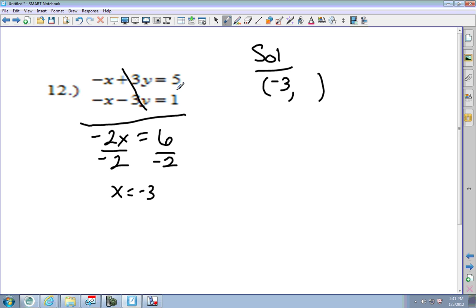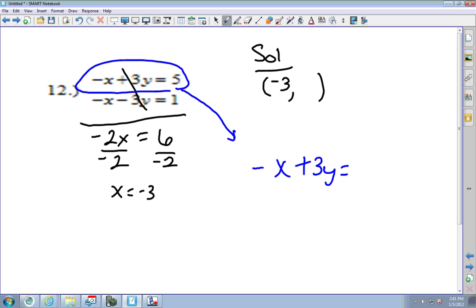Choose one of the two equations. I'm going to choose this one right here. I just randomly did. Didn't matter which one I chose. It'd give me the same answer. Now be careful here. X is negative 3, so I need to put it in here. The problem says the opposite of x, negative x. So x, and x is negative 3